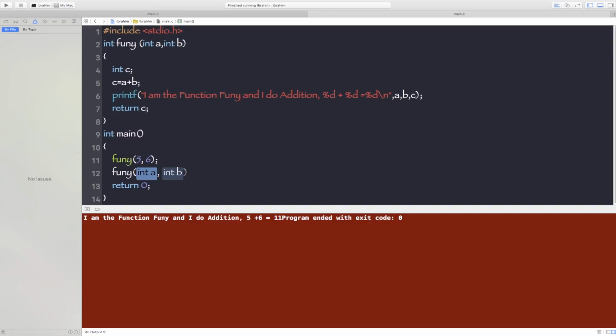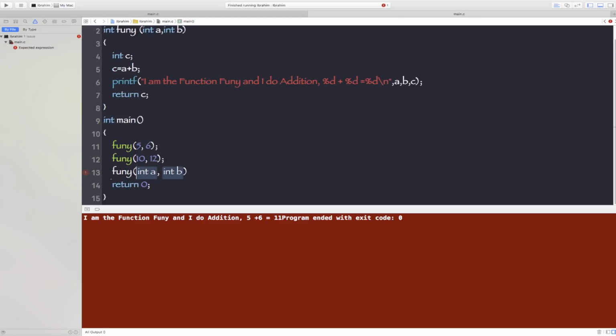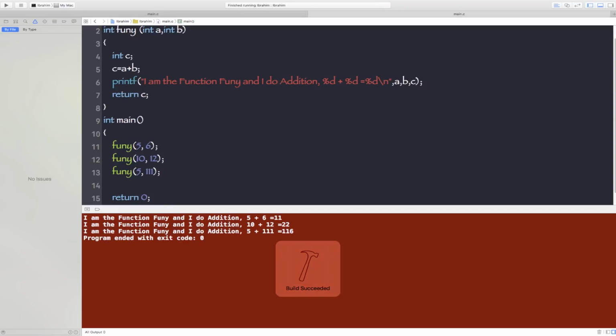For example, you can call function funny again, and give it values 10 and 11 this time, and close it. Then you can call function funny again, give it values 5 and 100, and close it. Then you can run the command, and now you can see